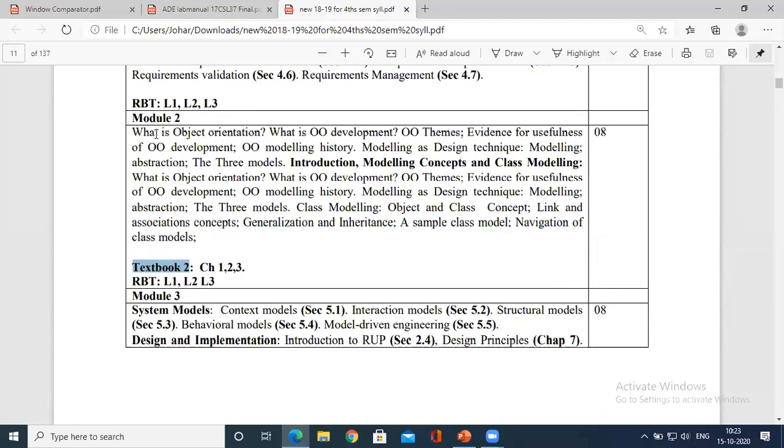So last class we studied what is object orientation and what is object oriented development. Specifically, I stressed it from the programming point of view. When you program using C++ or Java, you use the concept of object orientation.